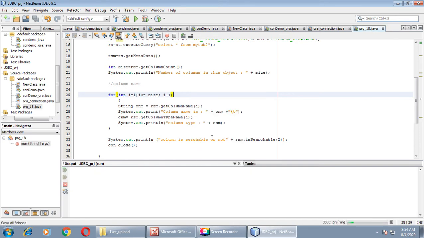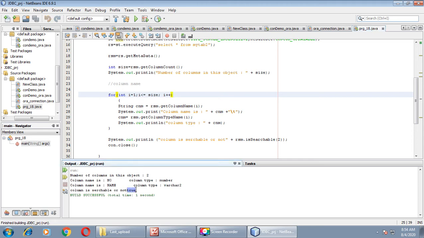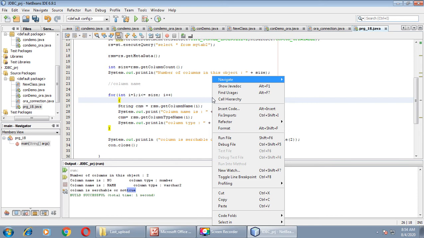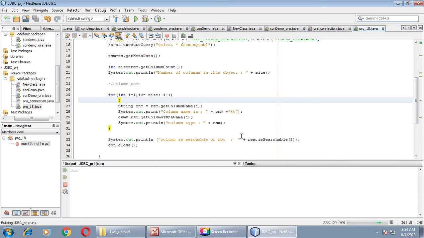Run the same program one more time. Column is searchable or not? We got true. Let me leave some space over here, so we'll come to know the result in proper format. Run it once again. Yes, the column is searchable or not.